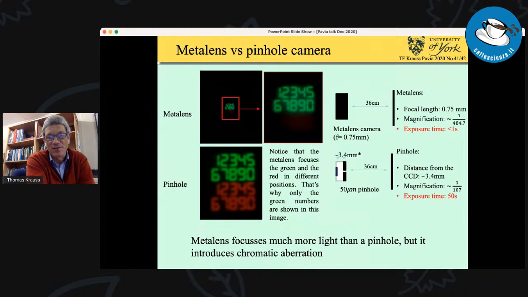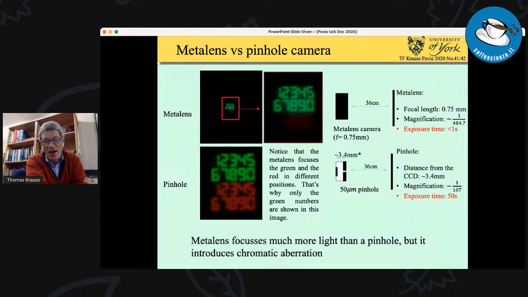But we made the comparison because I was interested, and it's interesting. On the top you see the meta lens, and we can get an image with a pinhole camera. That's on the bottom. And well, why do I not use a pinhole camera? Well, the argument is my meta lens, because it's so much bigger, catches a lot more light, so I can do a much shorter exposure time. If you know anything about pinhole cameras, because they use such a small hole, the flux of light is very low, so you need very long exposure times. But it works. So if exposure time is a penalty you can pay, then I would recommend you use a pinhole and not a meta lens. But most people want to take dynamic pictures, so they want a short exposure time.